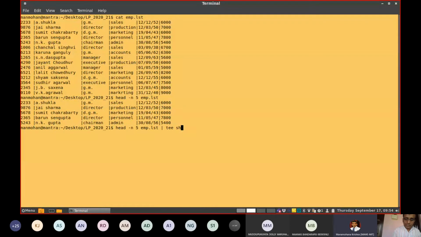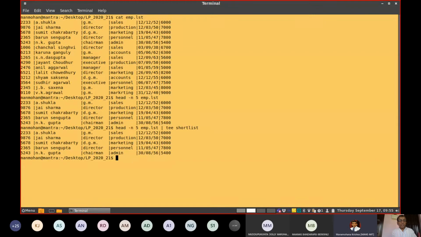Let me name that particular file as shortlist. If I do like this, one set of output will come to screen or your standard output. Another copy of the output will go to this particular file called shortlist. Just type enter.